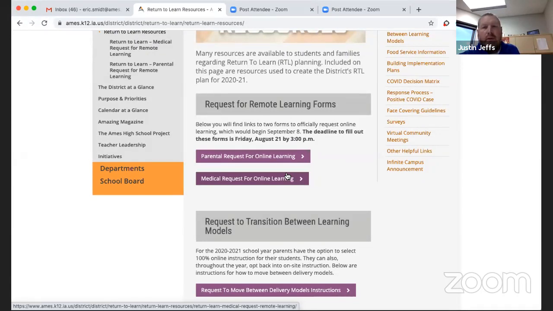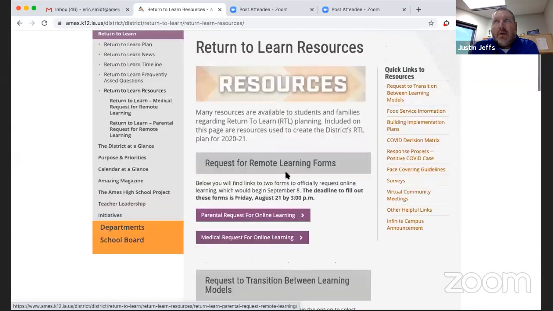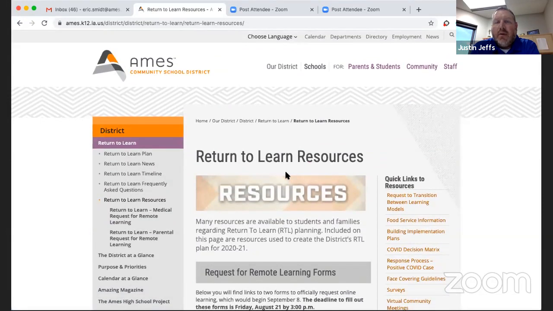As far as the remote goes, when they're asynchronous or online at home, we understand families have schedules, right? And as I mentioned earlier, your daily schedule might not work well with our daily schedule, and you may not be able to work with your kid at 9 a.m. for reading. We understand that there will be more flexibility in that. So attendance will look a little bit different that way. We won't be quite as critical. We will be able to see when your child completes an assignment, so that will let us know that they're following along and doing their work.